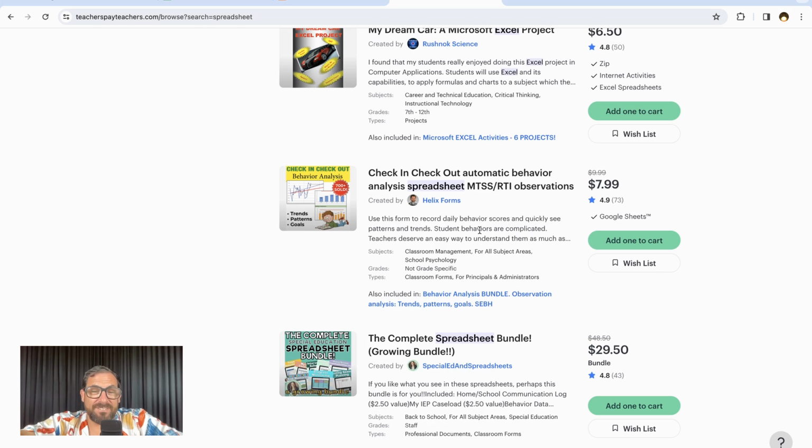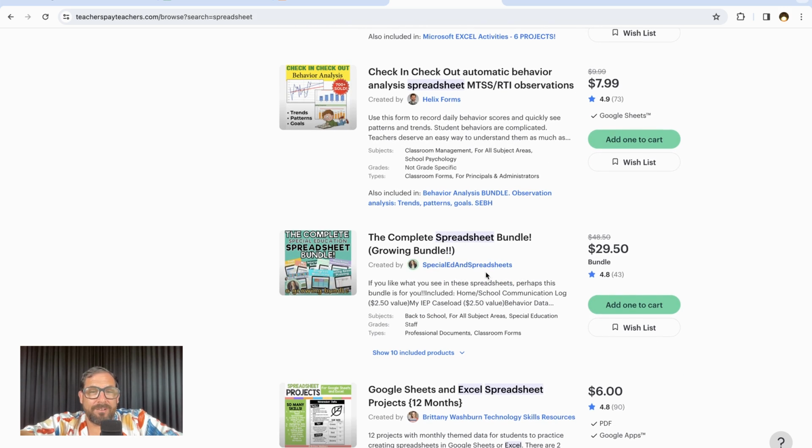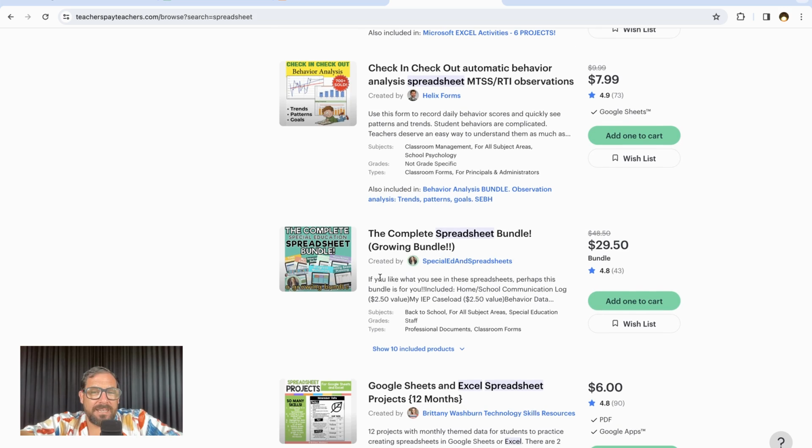Like, you don't really even have to say the word spreadsheet at all. Here, the complete spreadsheet bundle. In here, it says it's a communication log, IEP caseload. These are all keywords that if I was looking for an IEP caseload to buy, I wouldn't necessarily see this right away. That's the mistake people make, right? They say, this is a spreadsheet for sale that happens to solve this problem. And the fix, or the quick fix, is to say, hey, I'm solving your problem, and it just so happens